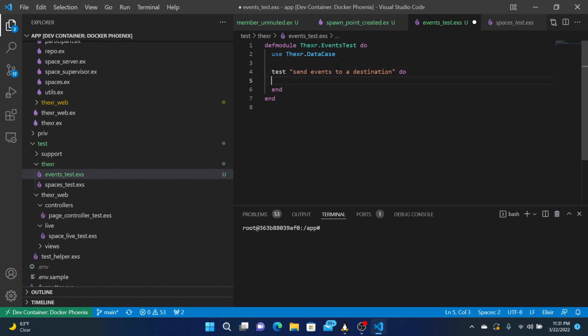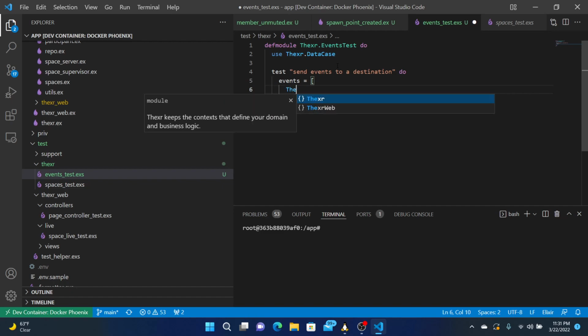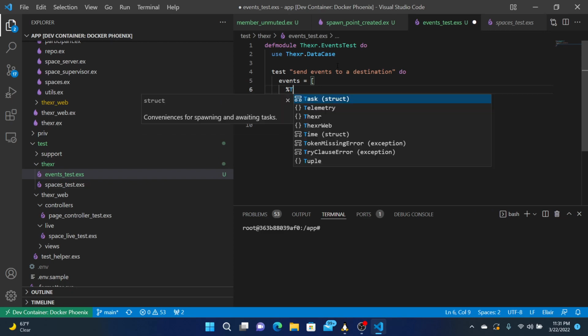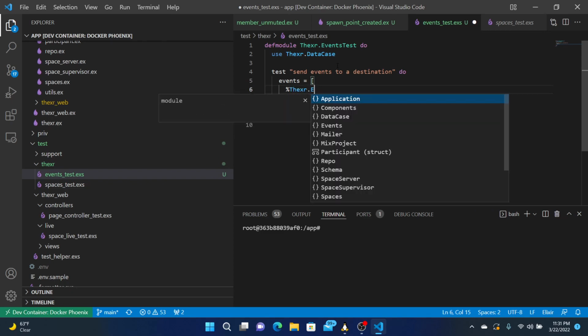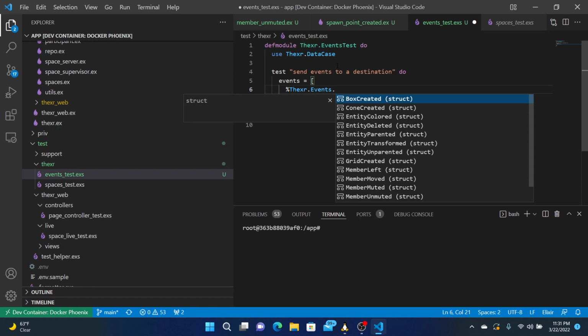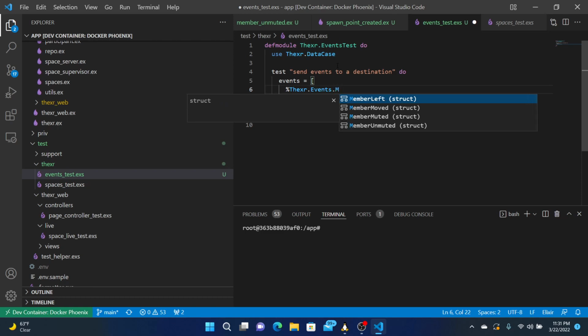Okay. So let's say events equal, so list of things, the XR, okay, so these are now structs. So first a member entered.